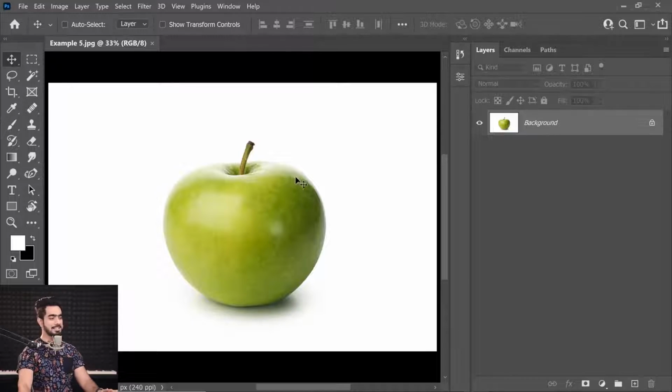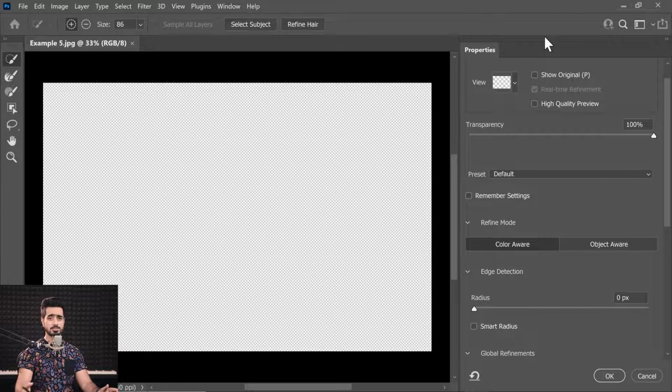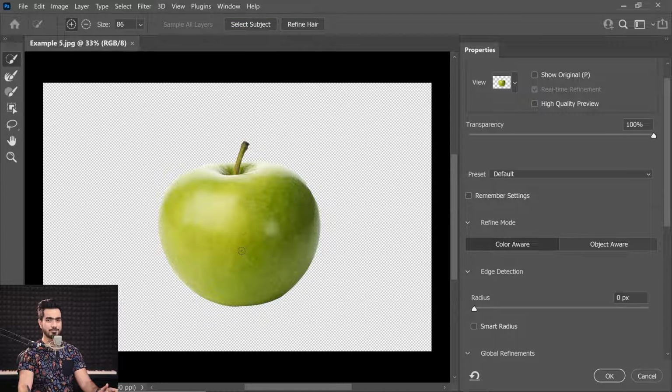In the next example, let's talk about a magic secret formula to get smooth and crisp edges in a selection. So here we have an apple, a green apple. Let's say we want to make a selection of it. If we go inside Select and Mask, you can also choose any other method to make a selection, the quick selection tool, the object selection tool, it's up to you. I just click on Select Subject, so it's a one-stop shop for everything